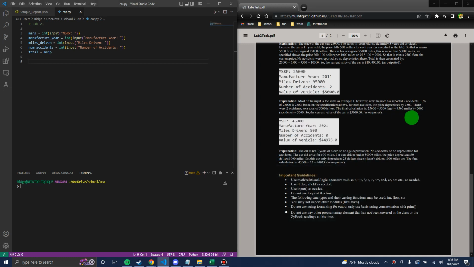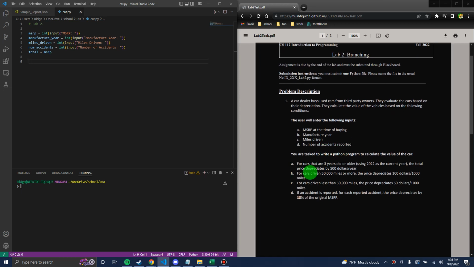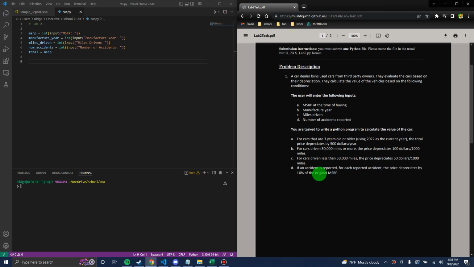Hello, CS112. Today I'll be going over a quick solution to Lab 2, which has to do with branching, like the if-else conditionals. It was a pretty straightforward problem. You had to ask for 4 inputs, and then based on those 4 inputs, calculate the updated MSRP of that